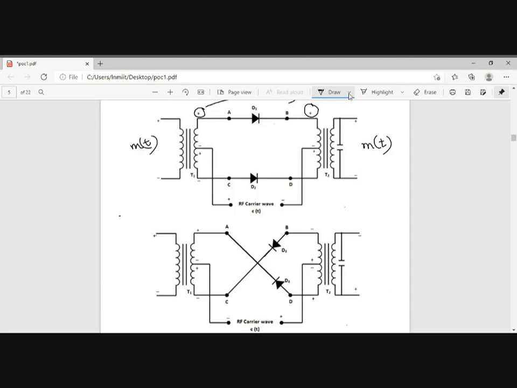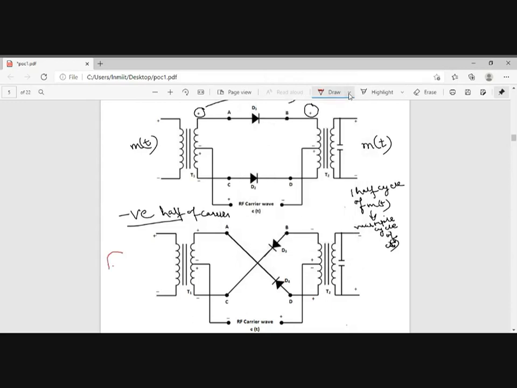In the negative half of the carrier, if we are talking about one cycle of m(t), or I can say one half cycle of m(t), there will be multiple cycles or multiple pulses of c(t). Agreeing to this? In one half of m(t), there will be multiple cycles of c(t). I am talking about this thing.